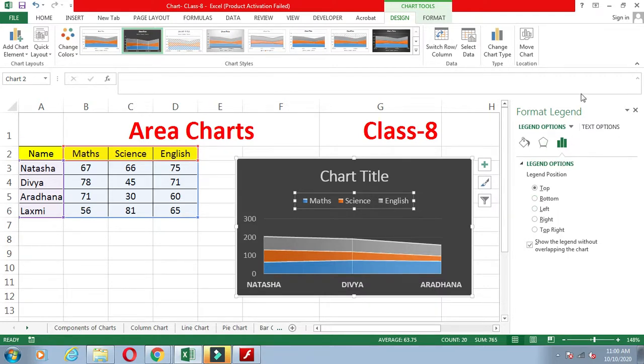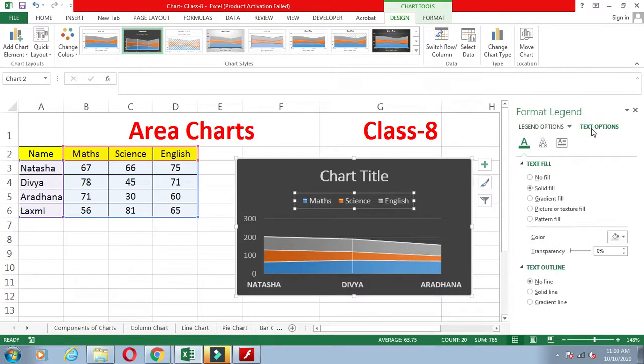See, blue color is coming in the legend text. You can apply red color. The red color will appear in the legend text. Then again solid line. So these are the different patterns for the text and appearance that you can apply on your chart.